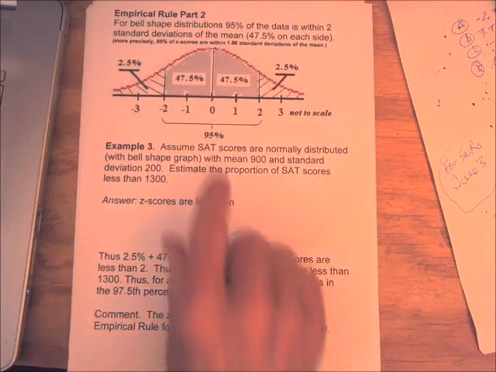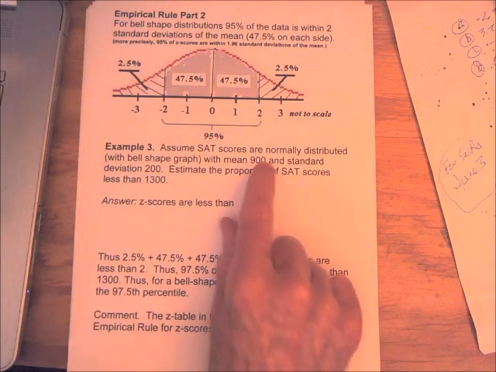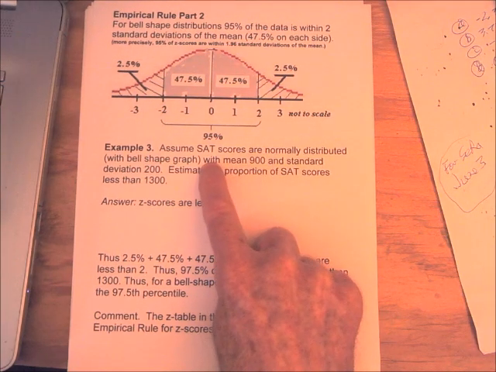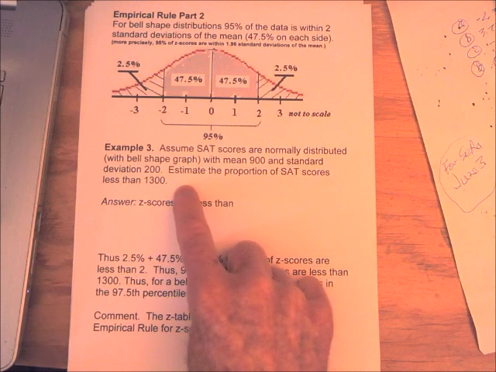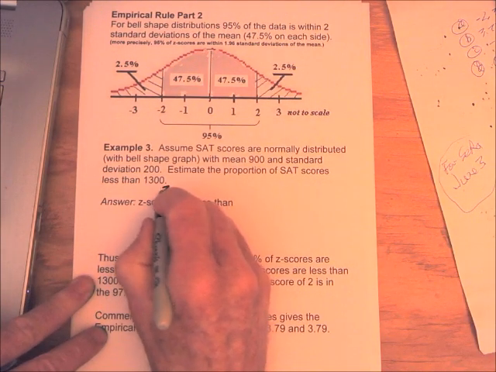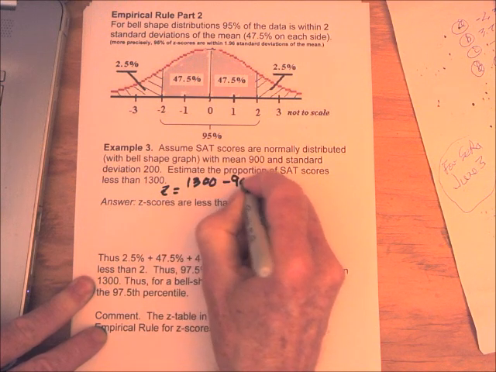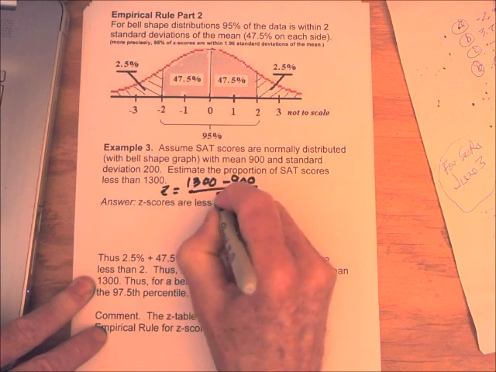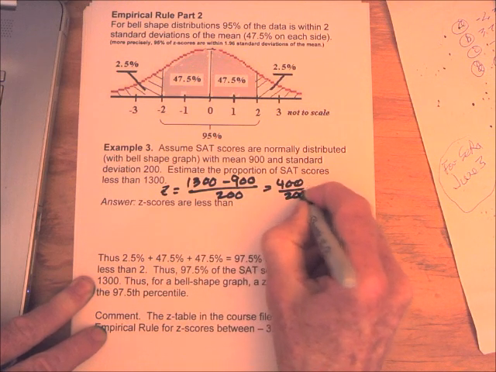Again, we're going to assume these SAT scores have a mean of 900 and a standard deviation of 200, but we're also going to assume that they're normally distributed. In other words, they have a bell-shaped graph. And we want to estimate the portion of SAT scores that are less than 1300. So the z-score for 1300 is 1300 minus the mean, which is 900, divided by the standard deviation, which is 200, 400 over 200, which is